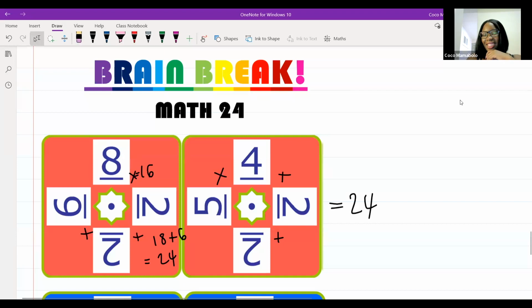I got 8 times 2 is 16, and then 2 plus 6 is 8. Good, yes. And then we add them together. So 6 plus 2 is 8, and then 16 plus 8 is 24. 16 plus 8 is equal to 24. You see, it's okay. It's not that bad. You see that, Ria Leboga? I gave you guys easy ones.